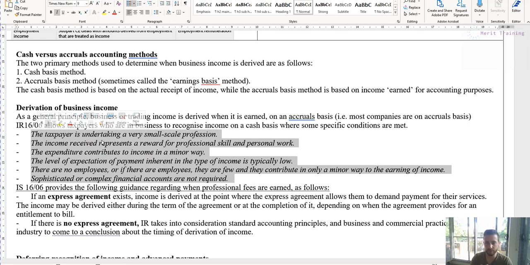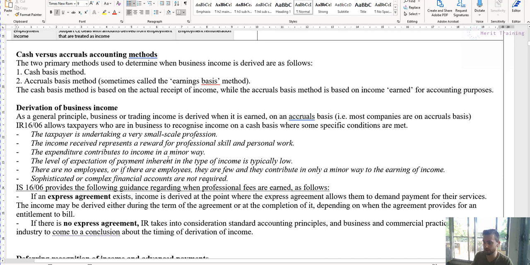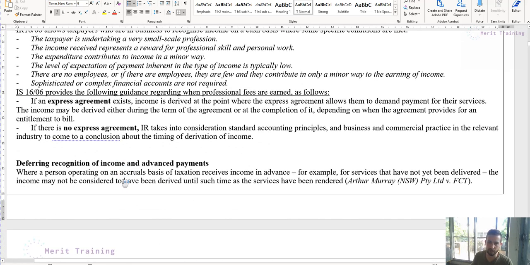And the general benefit of doing it on a cash basis is it's just easier. And by being easier, it means everything's more efficient. There's lower compliance costs. You don't need to worry about timing and prepayments and provisions and things in advance. It's just if the money comes in, it's income. If you pay it, it's a deduction. Super simple. But there are some downsides to this